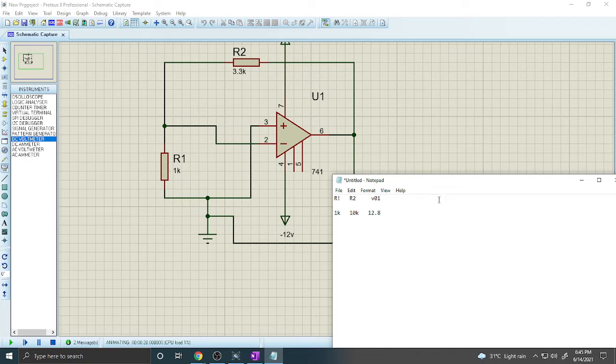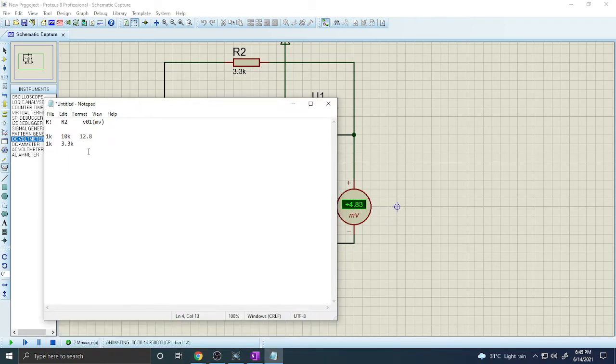Okay, so this V01 in brackets, please mention this is in the millivolt range. Sorry, this is in a millivolt range. Okay, and now for the second value for 1K, this table is used for your practical purpose to measure the value of these different types of V01 voltage, 4.83